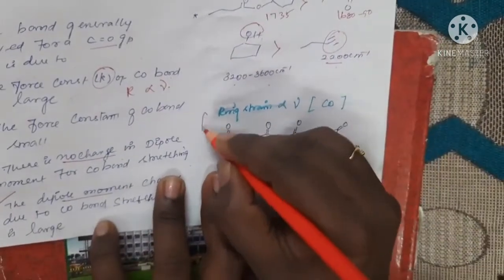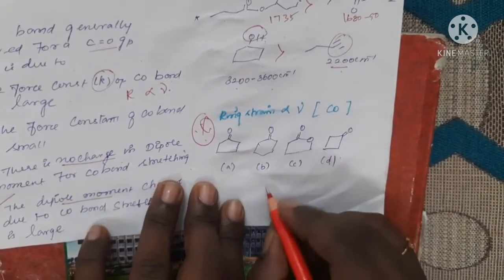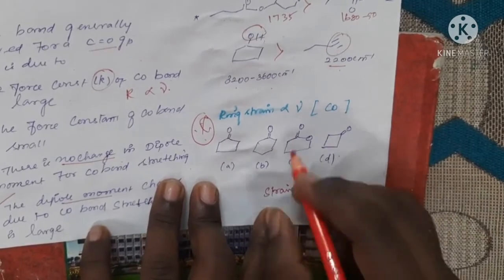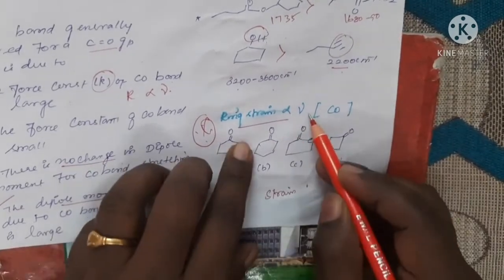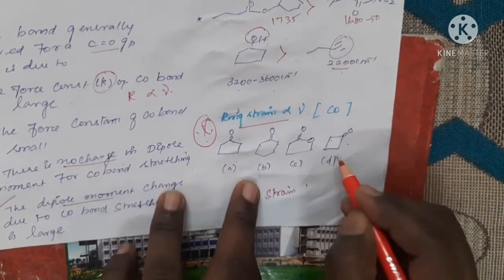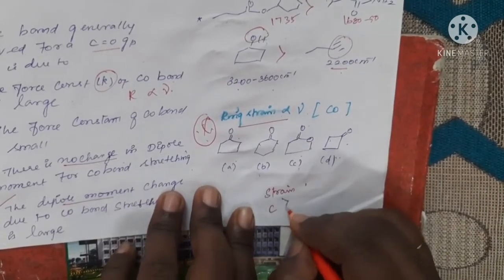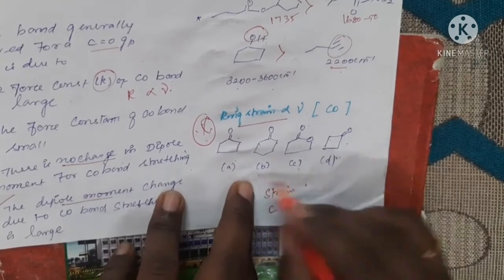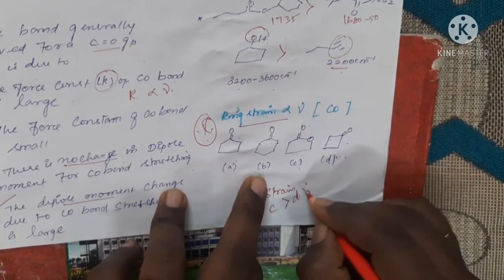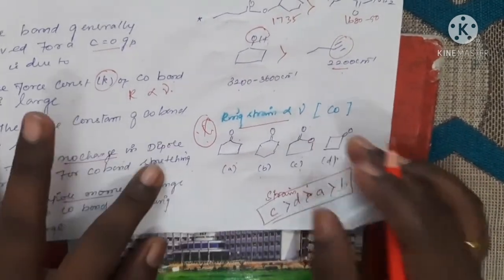Ring strain is very important, ring strain in the case of carbonyl. For carbonyl, as strain increases, the stretching frequency increases. It is already written here: strain increases, frequency increases. These three are ketone groups and this one is an ester group, so ester automatically has the higher value. So C is higher. Among the three ketones, D, which is the smallest ring, has the higher frequency, then A, then B. This is the stretching frequency order for this given example, and thank you.